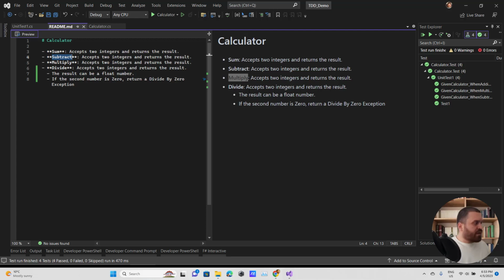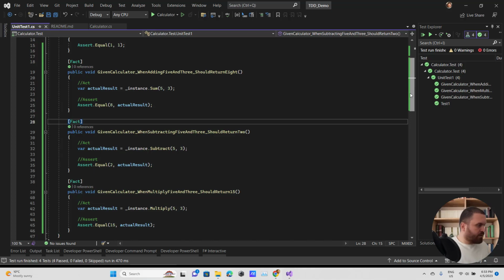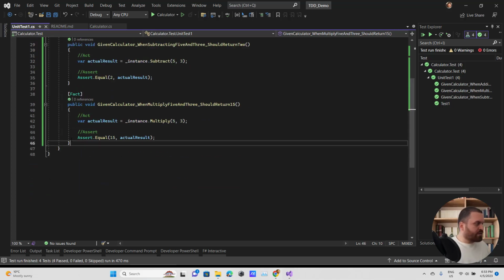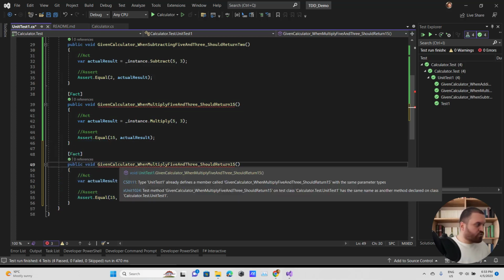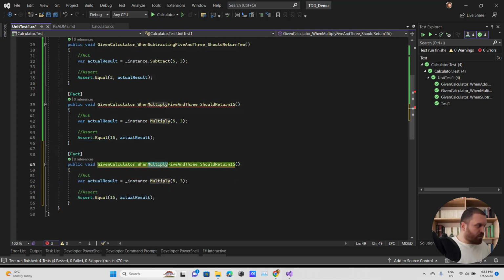Okay, great. And let's see what will happen for divide. For divide, accept two integers and return the result. I'm going to accept two integers, and after that I'm going to return the result. I'm using Control C and Control V for the sake of time. When divide, let's change it. For example, when divide 20